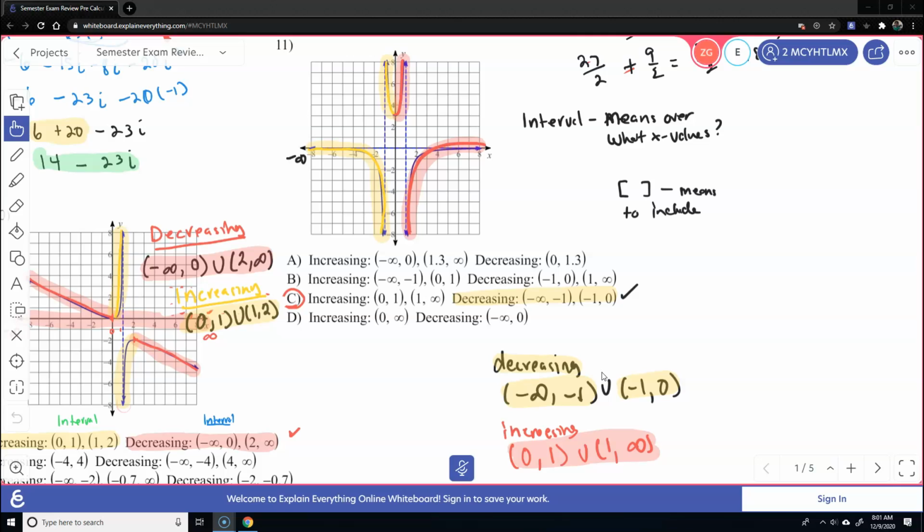And in this example, we're not including the transition value. So 1 is considered a transition value. Negative 1 is considered a transition value. We're not including those values, okay? So once again, the answer to this is C,